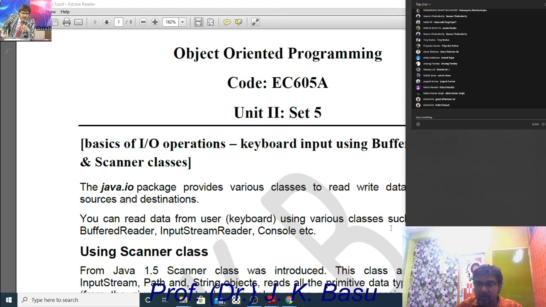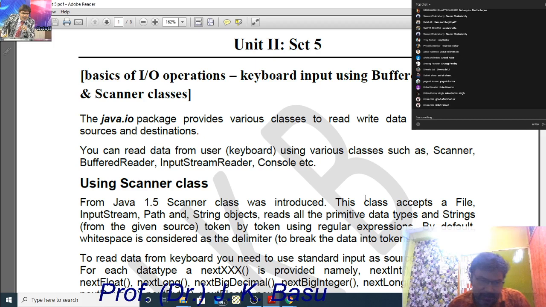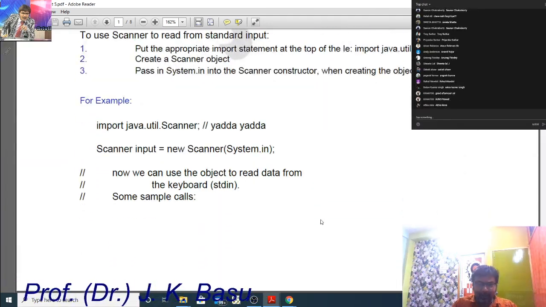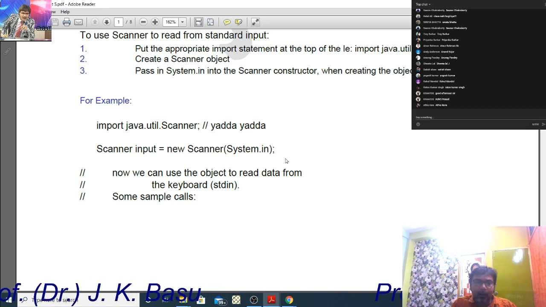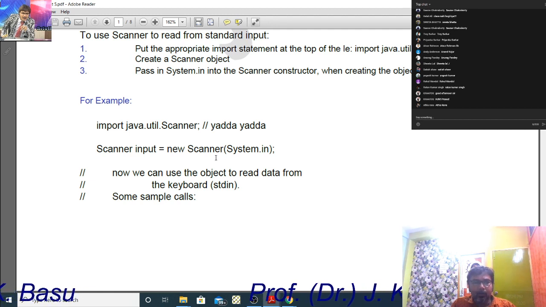Now let us discuss it one by one. Using the Scanner class. This technique has been introduced in Java from the Java 1.5 version. So let us directly see an example. This technique of taking input is stored in the java.util package, java.util.Scanner. Here in Scanner, what do we do? We create an object with the Scanner class,